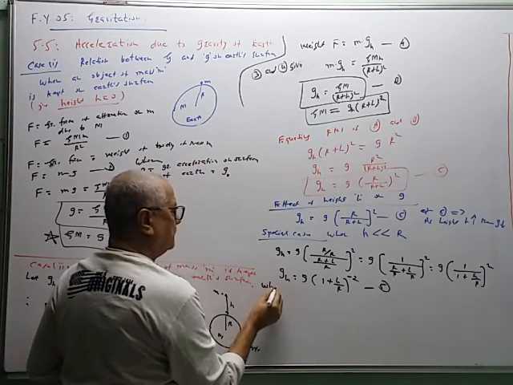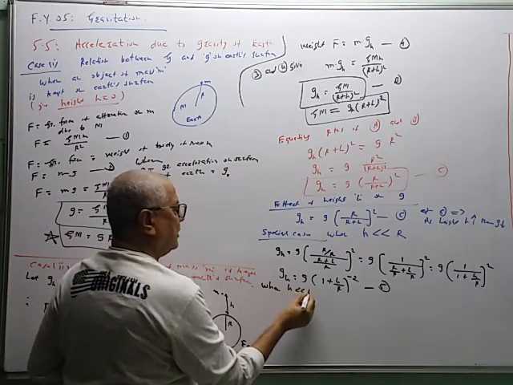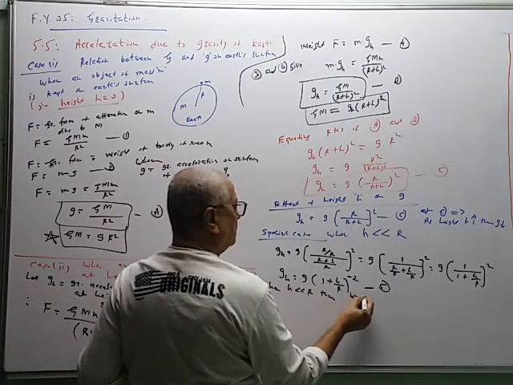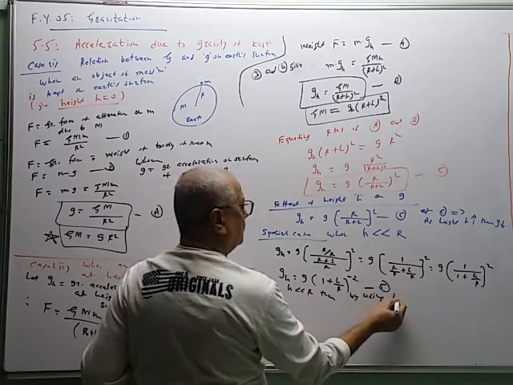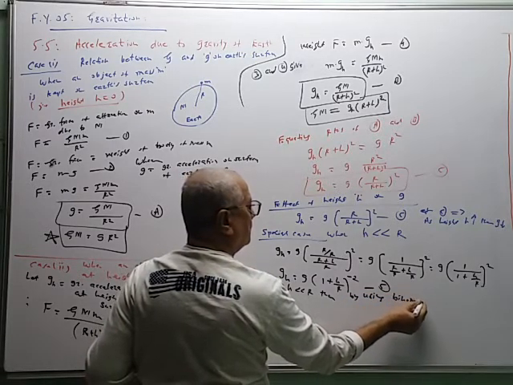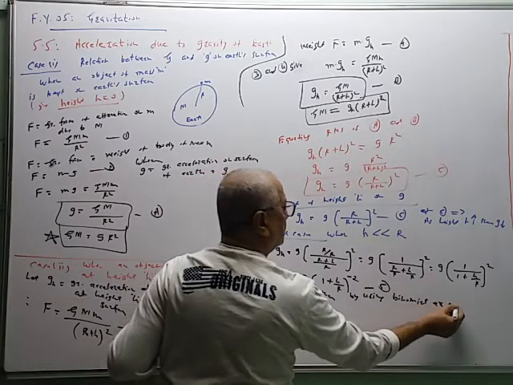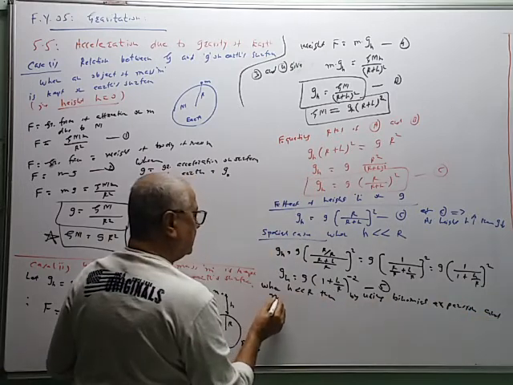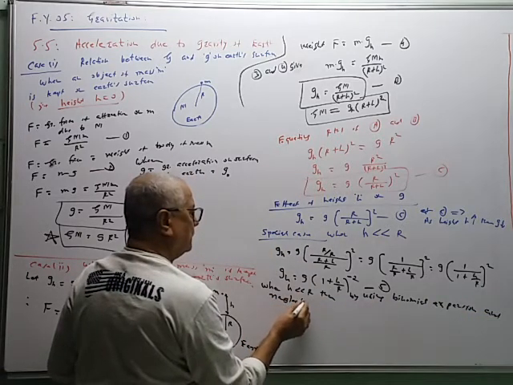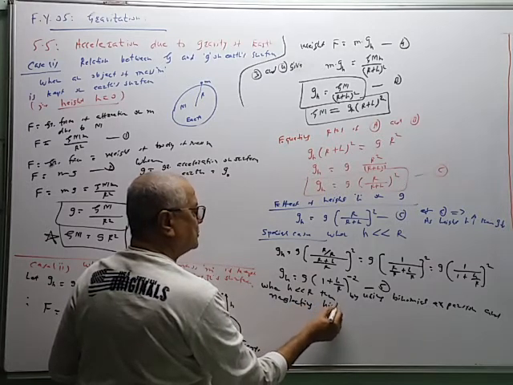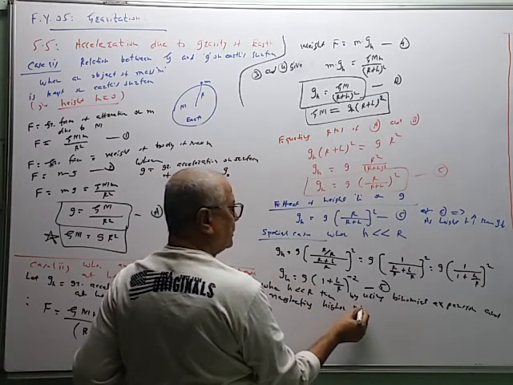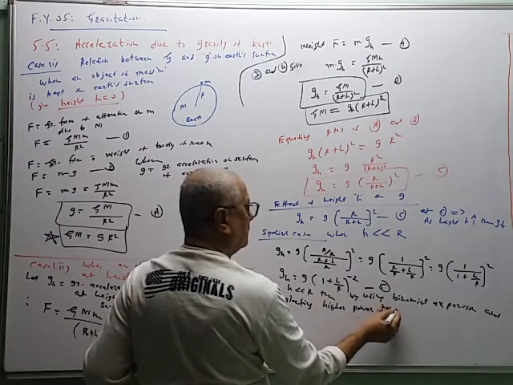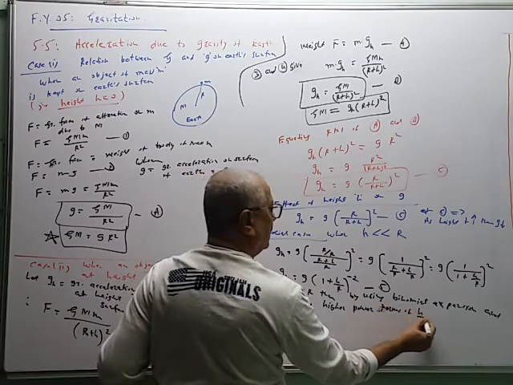When h is very much less than R, then by using binomial expansion and neglecting higher power terms, म्हणजे raised to 2, raised to 3, etc., higher power terms of h by R,